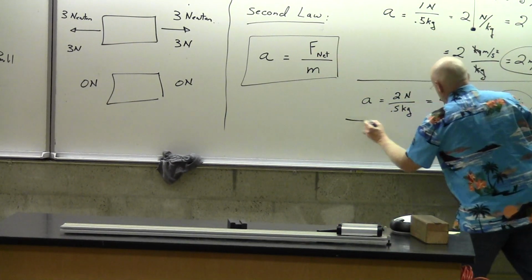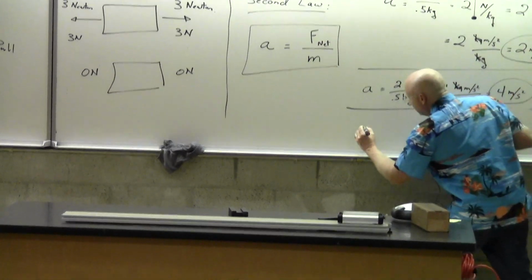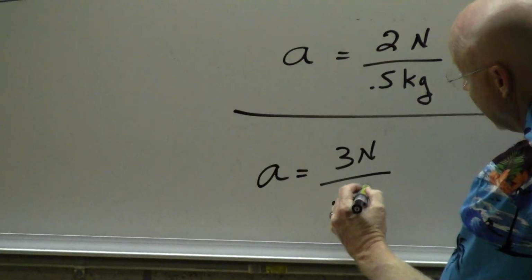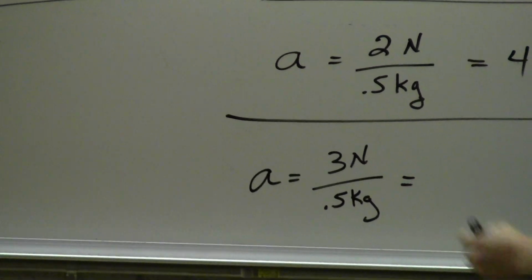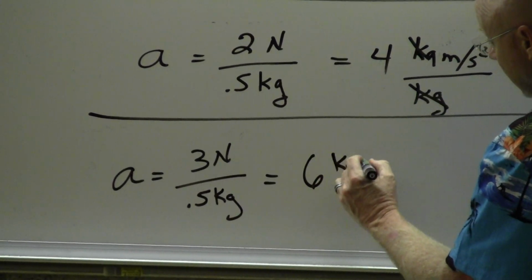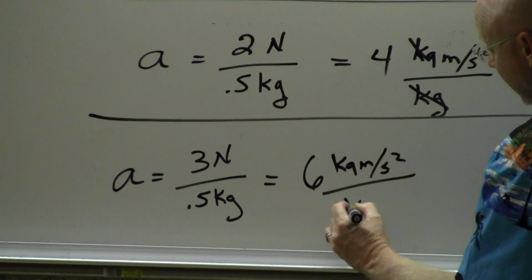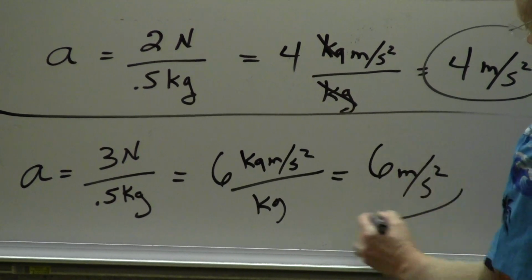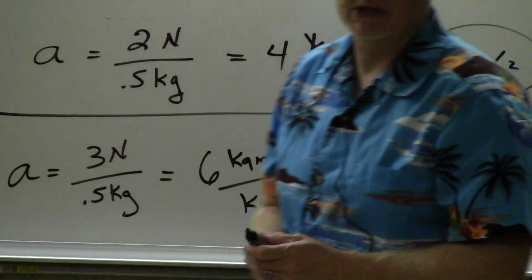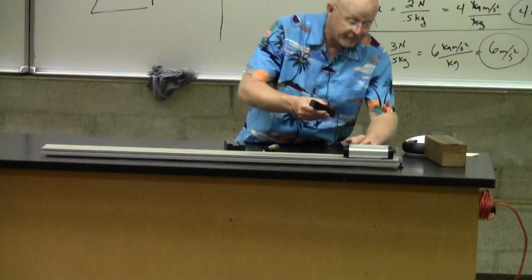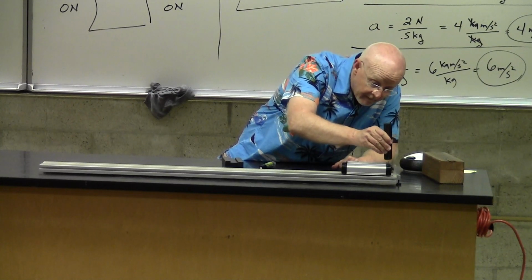So I'll put another line here. This is a force of 3 newtons. And it's still the same object, so it's 1/2 kilogram. 3 divided by 1/2 is 6. And as we did before, a Newton is a kilogram meter per second squared. So if I divide by a kilogram, I will get 6 meters per second squared. So I will end up with a greater acceleration. And you'll see that in the result. When I have a greater acceleration, it results in a greater final speed. And so sure enough, if I release it now,